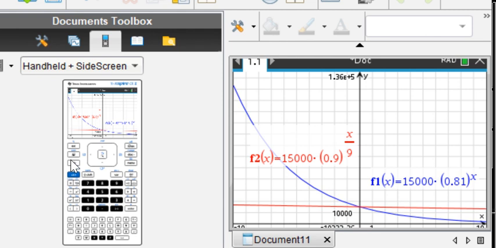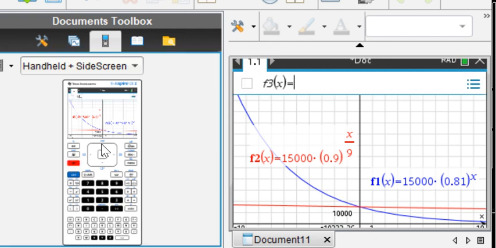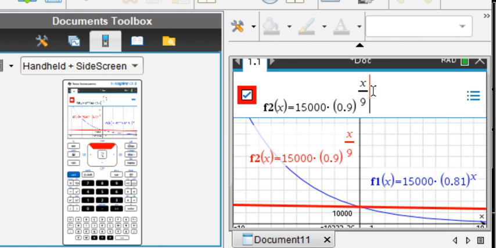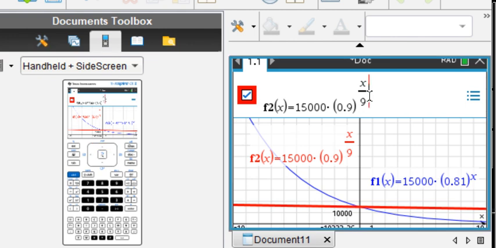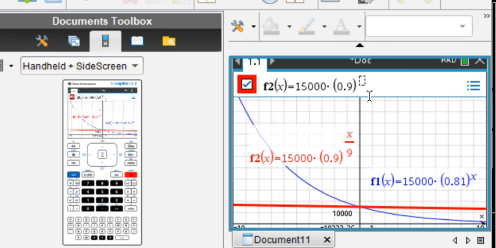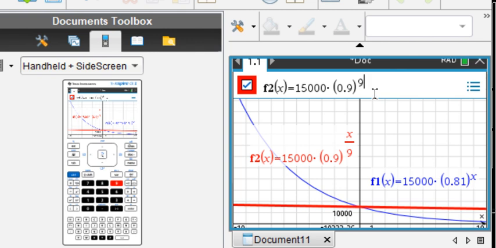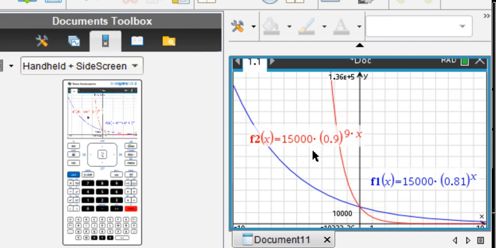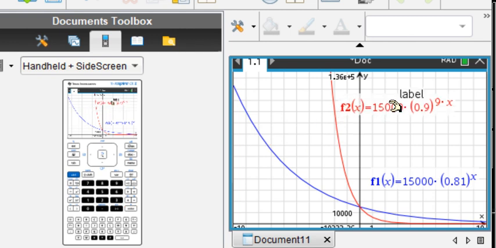So now I'm going to press tab again and go back to that red one because I know it's no good so far. So I delete that exponent, and this time I'm going to make my exponent 9t. And again, I have a similar graph. It is exponential decay, but it doesn't match my original. So the only choice left